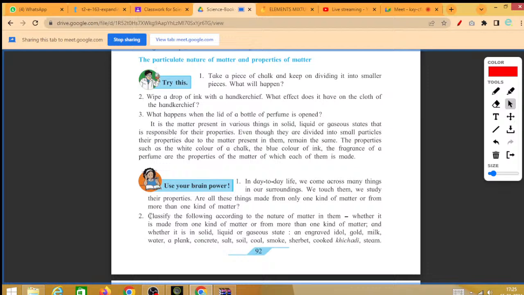Coal, carbon का होता है. Next, Harshal. Miss, more. Smoke is what? Is it solid, liquid or gas? Miss, it is gaseous, and it is made from many gases, like carbon dioxide, nitrogen, hydrogen, when wood is burnt. Okay. Next, Yukti. Sherbet. Liquid. More. Yes.